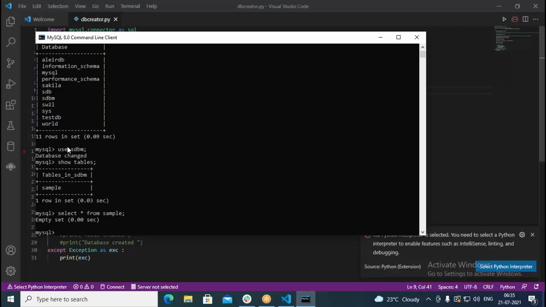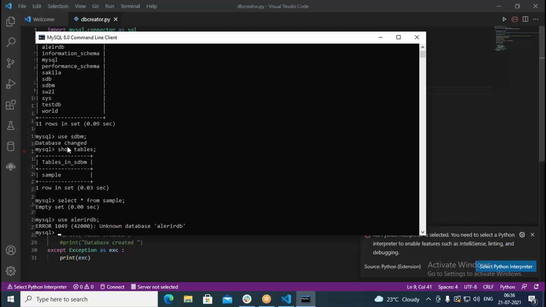So in that case, I try to open some other database like AllLDB. So what I write here, use AllLDB. So it is not available. Then some spelling mistake.